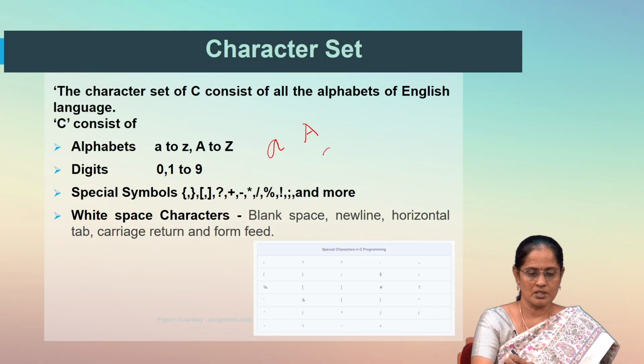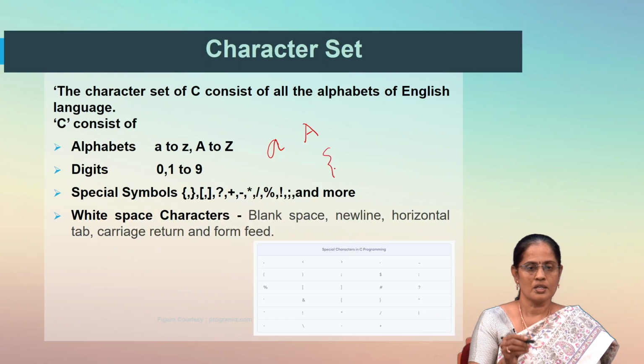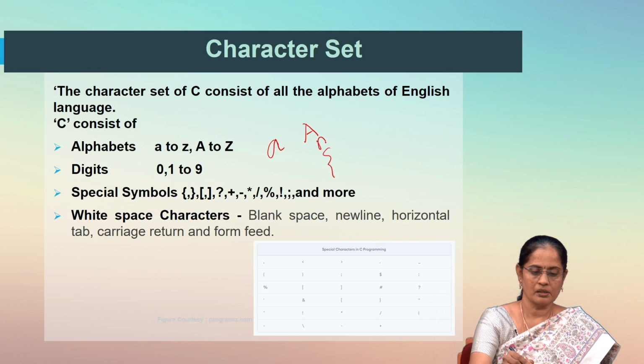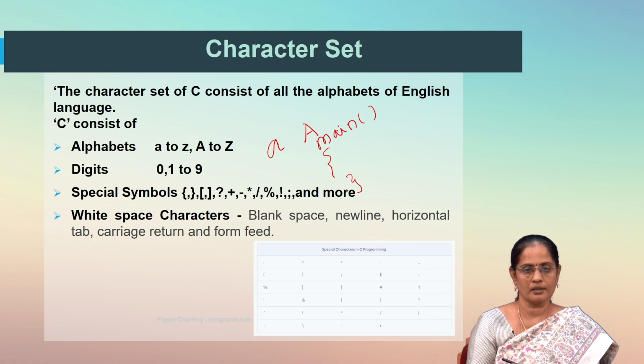character set, and the digits from 0 to 9 are allowed, and the special symbols like curly braces. So, this is what is the curly braces we use for starting of a program. Say for example, if the program starts with the function main, we will be using the curly braces to identify the start of the program and the end curly braces. So, similarly, various special symbols are used for various purposes, say starting from the function definition, the function statements and